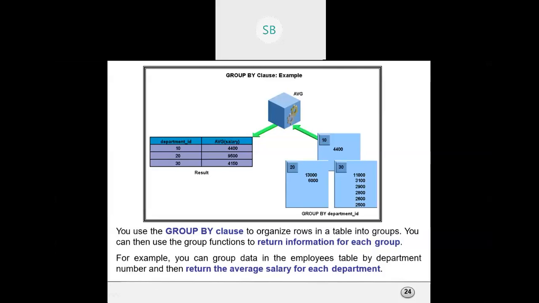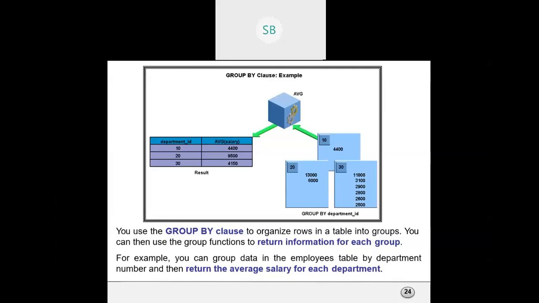Without using group by, what will happen? If you want to find the average salary, it will print the average salary of all the departments together. But suppose there are various departments, like the IT department, HR department, admin department, and you want to find the average salary of each department, meaning how much average salary each department gets.